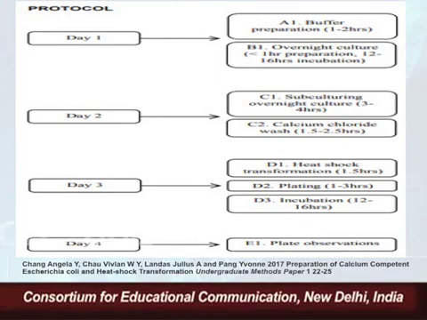A heat shock is given where the temperature is raised and then lowered, and after the heat shock the cells are revived by putting them in more medium and keeping them on the shaker for some time, so that the cells which are under shock revive. Finally they are plated onto an LB plate so as to select the cells which contain the plasmid, or the recombinant DNA. So we are talking right now about the transformation procedure, which is up to entering the plasmid into the bacterial cell.